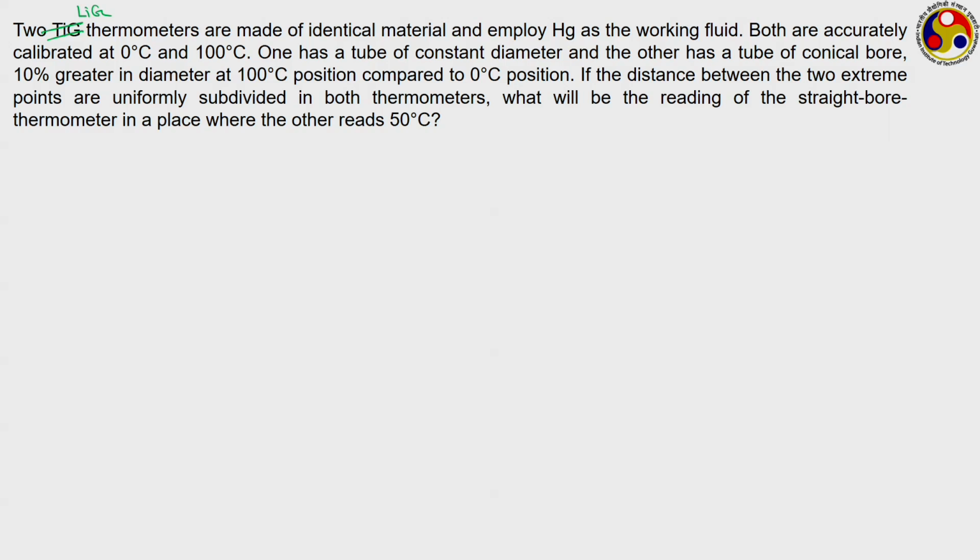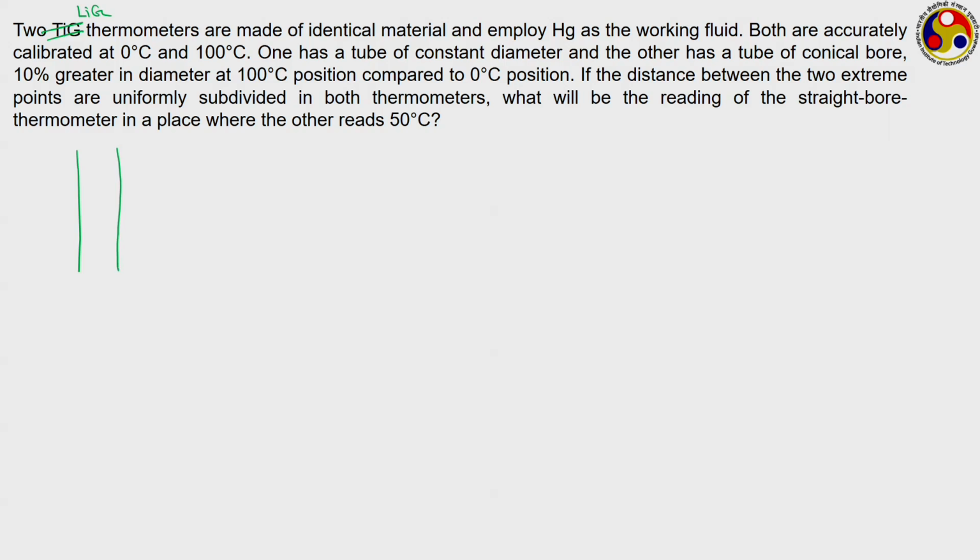Now, one has a tube of constant diameter. So, the first thermometer has a tube of constant diameter and the other has a tube of conical bore, 10% greater in diameter at the 100 degree Celsius position compared to the 0 degree Celsius position. So, there is a difference between the two thermometers. If we roughly draw them,